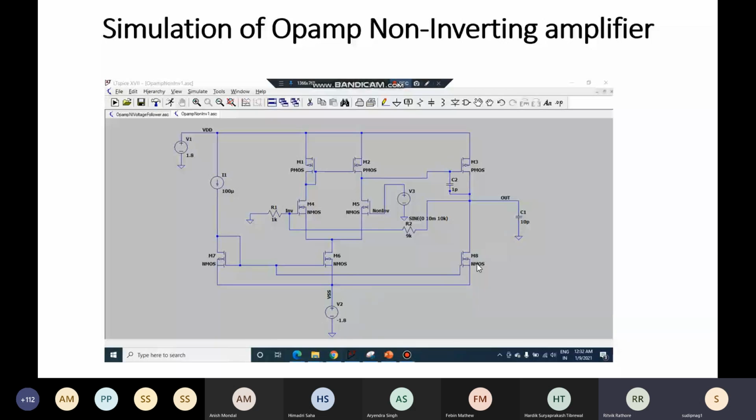See, the point is, if you put a diode connected MOSFET, that is equivalent to, if you can bias that diode connected MOSFET in saturation mode, it behaves like a constant current source. But if you want to change the operating point for that transistor, obviously you have to change the W, which is not possible after you fabricate the chip. But here in Ritvik's design, you can adjust the biasing point. Obviously here also you cannot change the sizing once you fabricate, but at least you can change the value of I1 or the ratio of the transistors M7, M8. The ratio of width of M7, M8 can be changed.